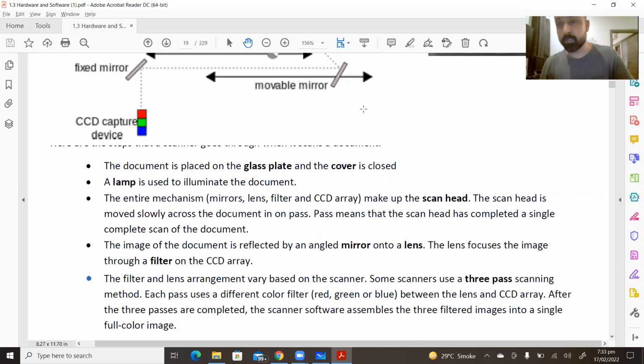CCD type sensors are also used behind our smartphone cameras, and all the science goes like this: the more megapixels, the better the sensor. So these are the 5 steps. I often tell students that the reason for talking to you in English and Urdu, even if somebody speaks some other language,